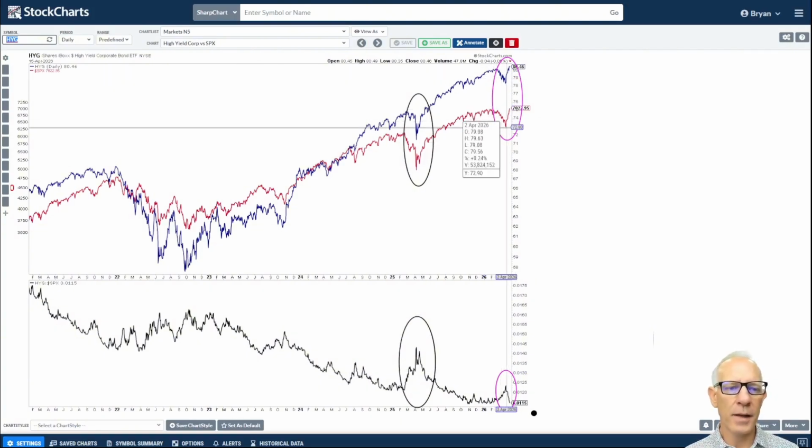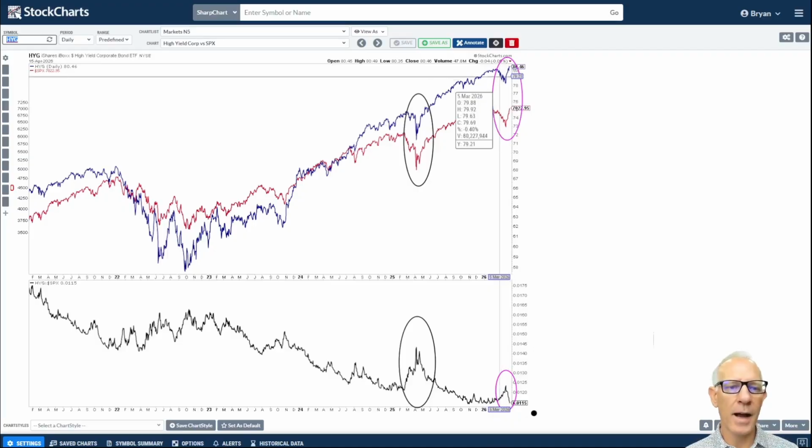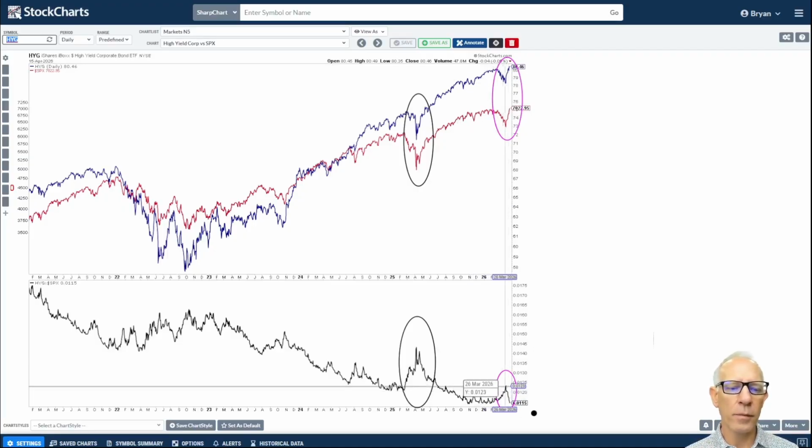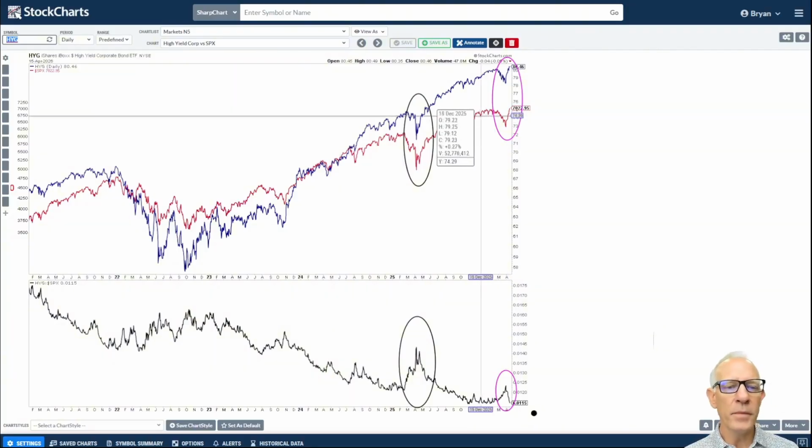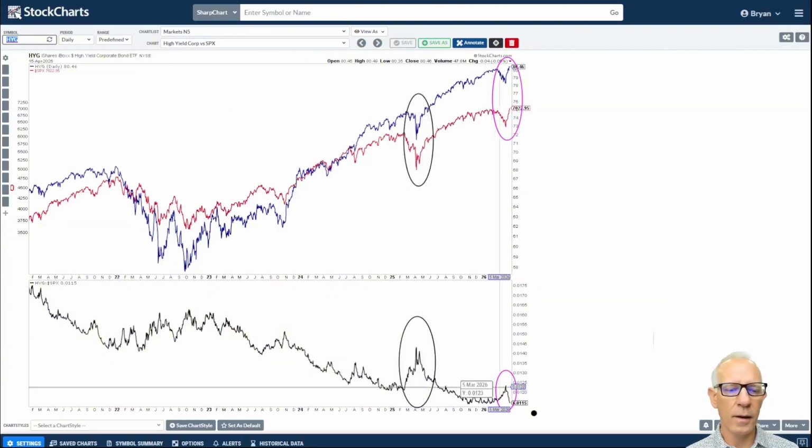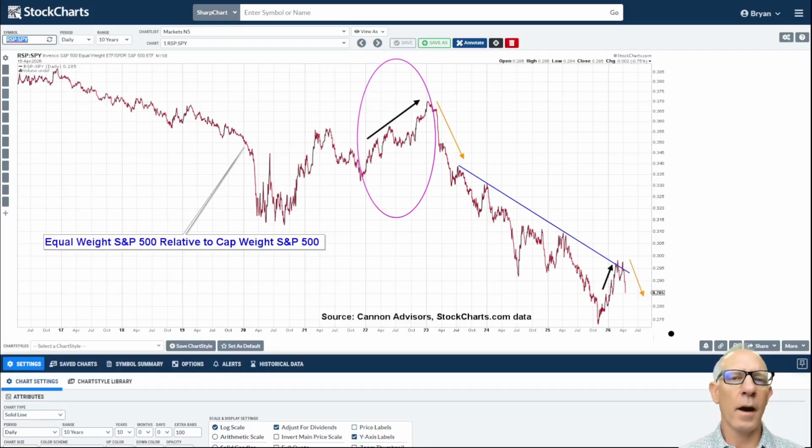If we fast forward to today's pullback from the war, you can see that S&P dropped down and high yield dropped down as well, but high yield outperformed the S&P. So what that tells you is that now that is reversed, and the S&P is recapturing outperformance relative to high yield. And so what this tells me is that this conflict is more than likely over, and we're back to business.